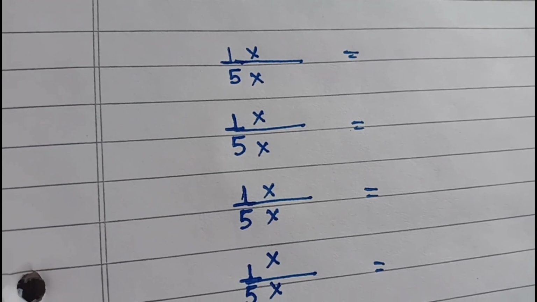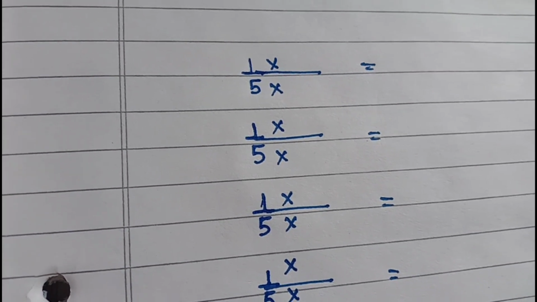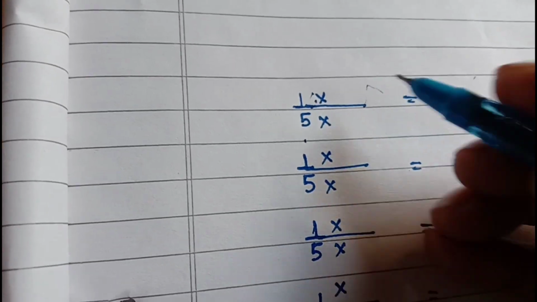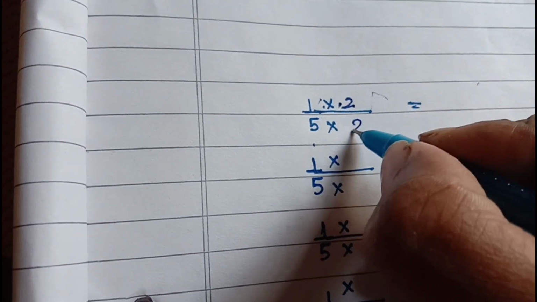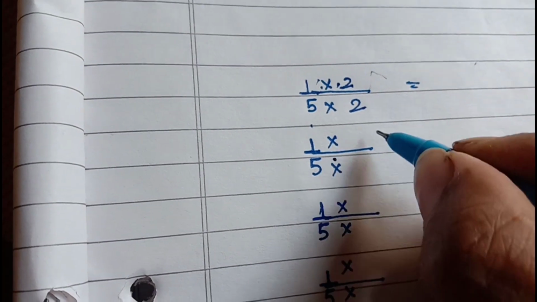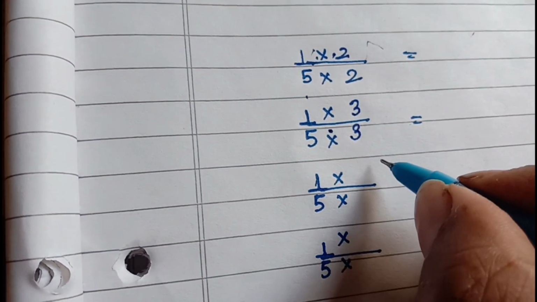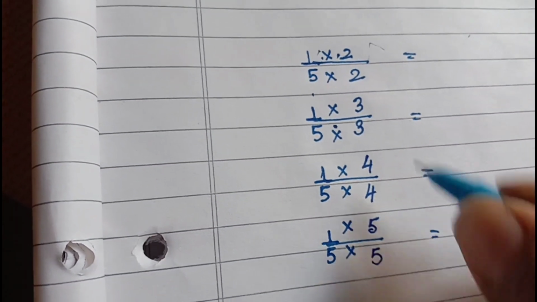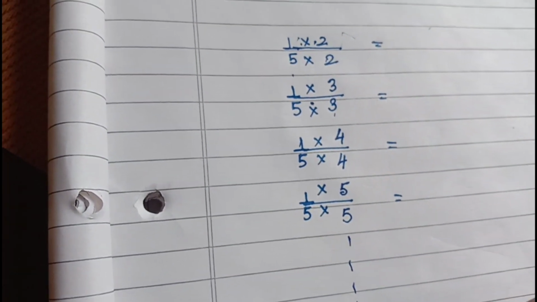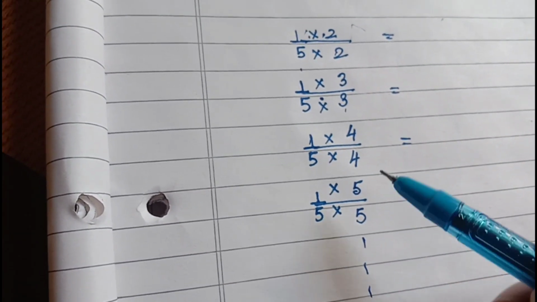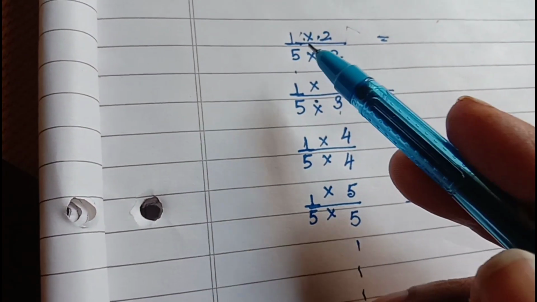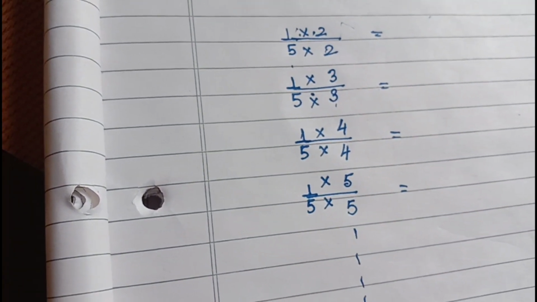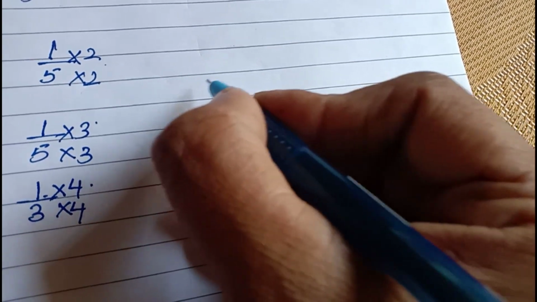Clear? If the question is saying find the first 3 equivalent fractions of 1 by 5. Okay. तो क्या करेंगे? 1 by 5 का first equivalent fraction के लिए you will multiply with 2. And for the second equivalent fraction के लिए you will multiply with 3. For third, you will multiply with 4. For fourth, you will multiply with 5. So this way, you can take out as many equivalent fractions as you can. As you know that you have infinite equivalent fractions, तो first आप 2 से multiply करके निकाल सकते हैं, second 3 से multiply करके. Okay? Understood?